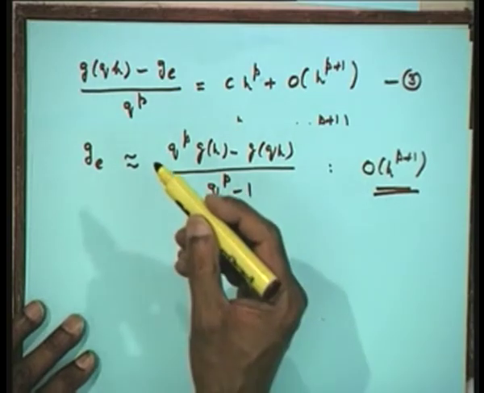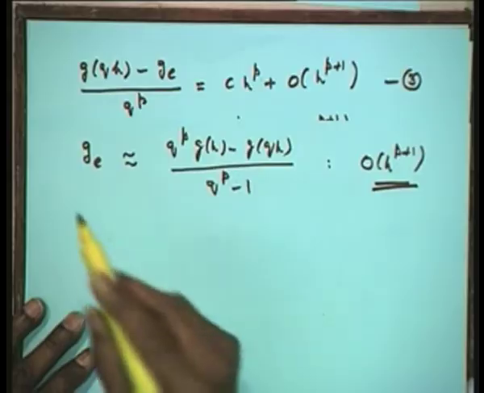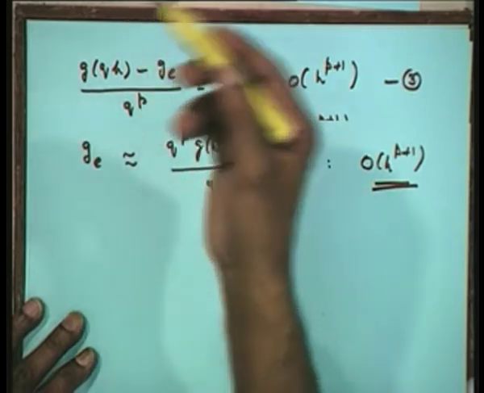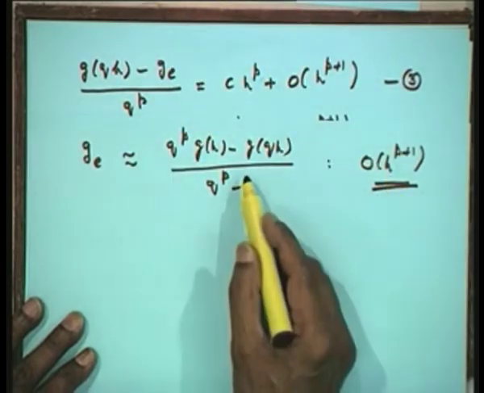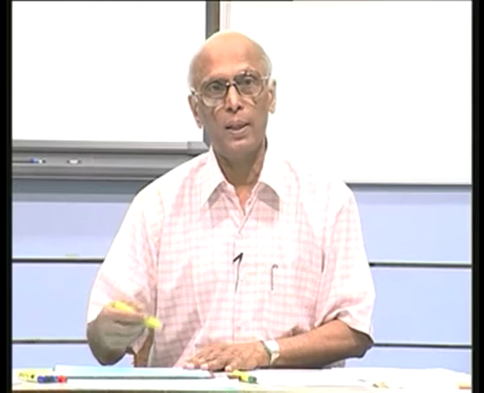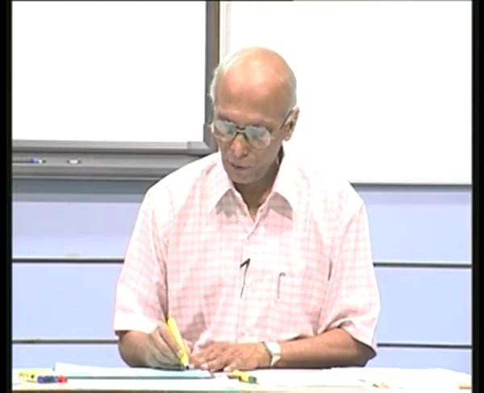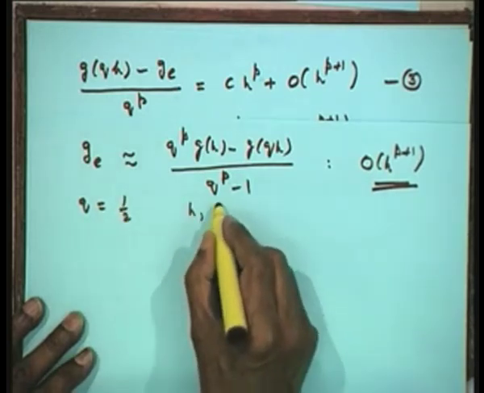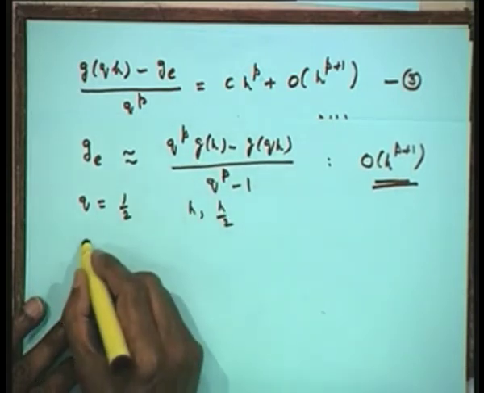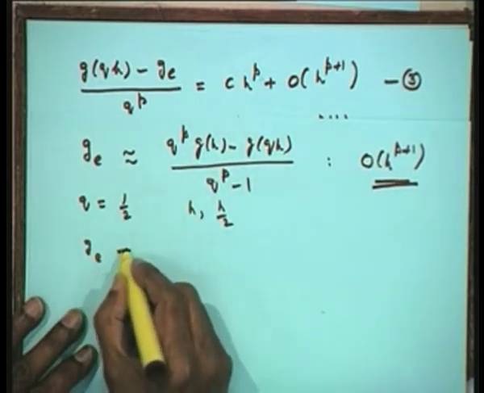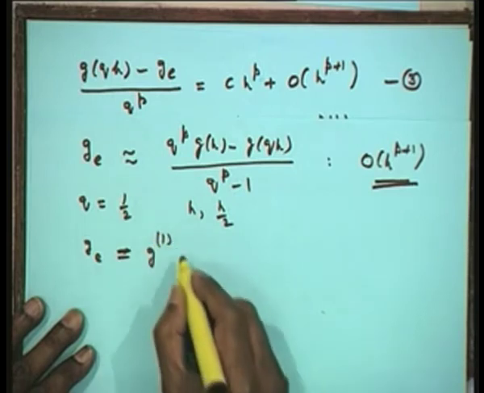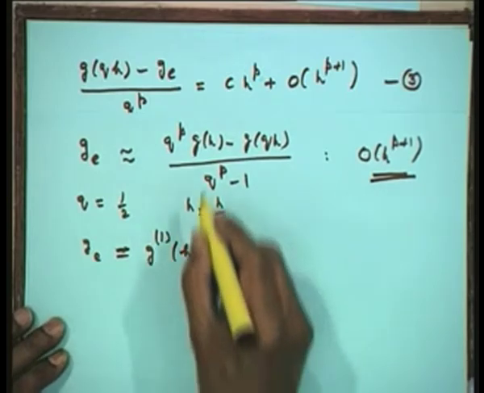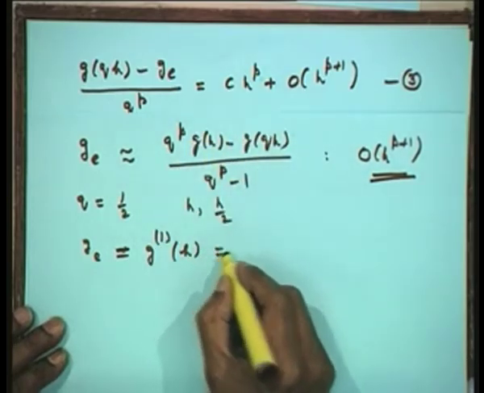Now, if you go back to the formulas that we have, if you have used a 3-point formula, and if I want a higher order, I need to add one more point or two more points to get the higher order formula. That means, it is as if you are using more points and getting better results. For example, if you have decreased by a factor of 2, that means q is equal to half, that means we are using step lengths h and h by 2, then this will read as g of e, and let us equate it as g 1 of h. So, we would call this approximation with superscript 1, and the initial ones we will take as g 0, and this is equal to